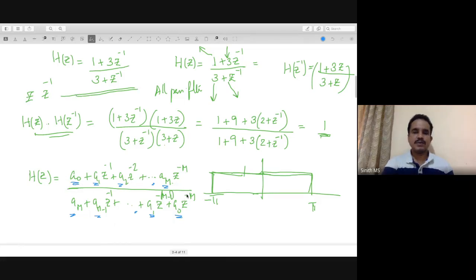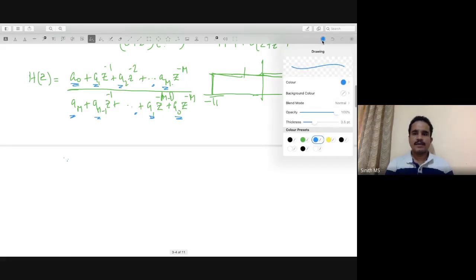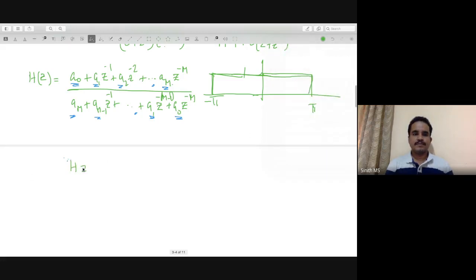Let us try to write this as H(z) equal to, or let us represent this polynomial as a polynomial called Dm(z) of order m. So this can be written as Dm(z)